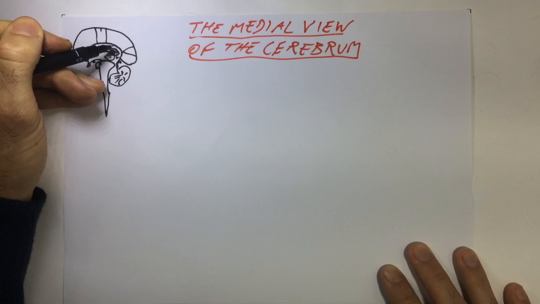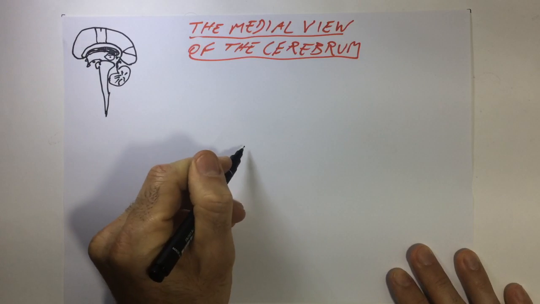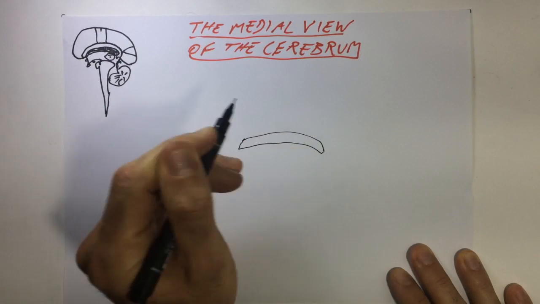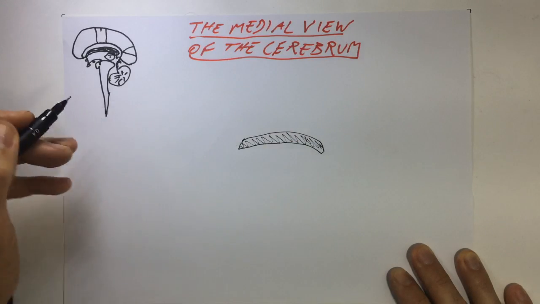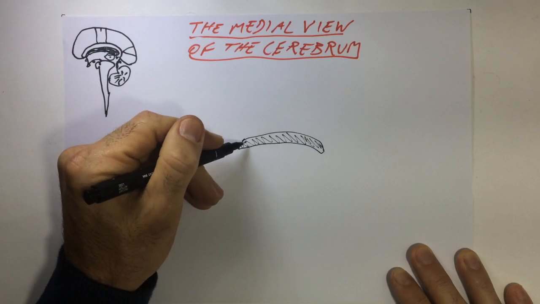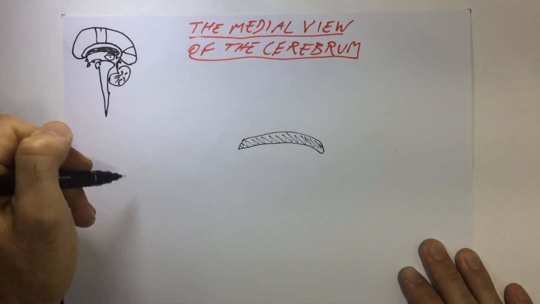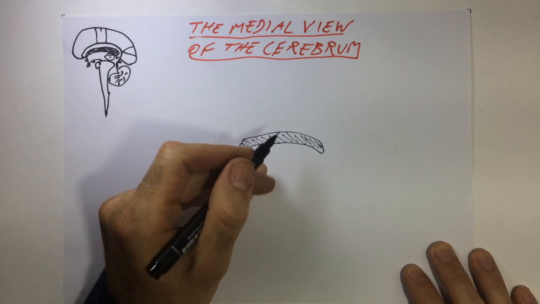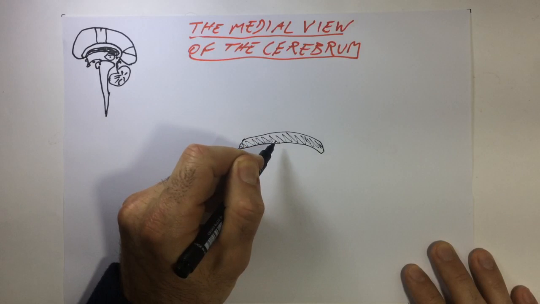So first, I'm going to start by drawing the corpus callosum. That is actually this structure that I painted in black. So I'm going to just draw it here. Something like that. So I'm going to just paint it here, because this structure is actually different from the rest, in the sense that this structure here, that is the corpus callosum, I'm going to write down the name of the structures at the end of this video, but the corpus callosum is actually made up of white matter,